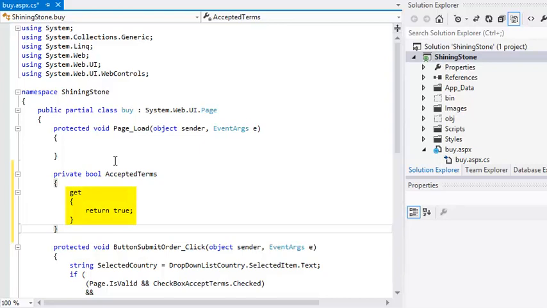This very simple get method will always return true whenever anything asks for the value of the acceptedTerms property. The acceptedTerms property is now also read-only. If you tried to change the value of acceptedTerms, you would see an error. Now change the return line to: return checkboxAcceptTerms.Checked. Now the acceptedTerms property will always have the same value as the Checked property of the checkboxAcceptTerms